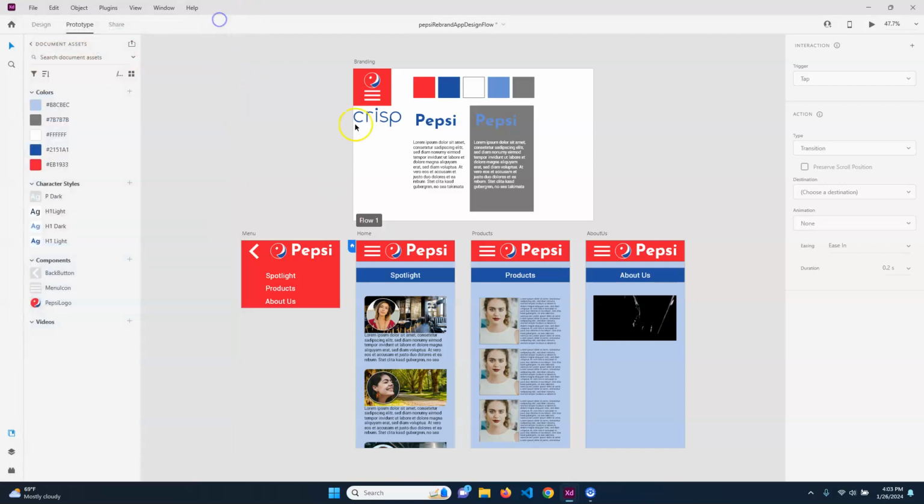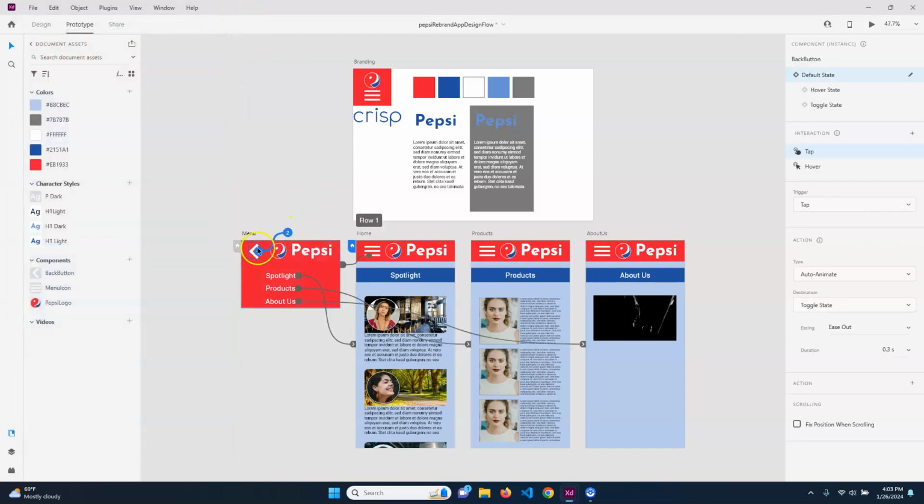Okay. Now what we're going to do is I need to set this one up. So I'm going to click on there. And what we want to do is, again, leave all this the same. We're just doing it on tap. We don't want to use auto animate. I want previous artboard. So basically the idea here is that it'll just go back to where